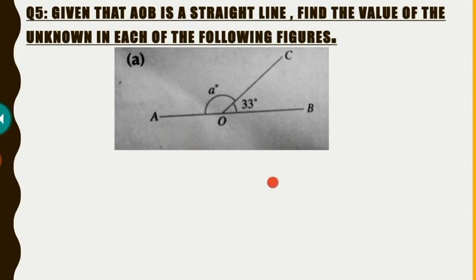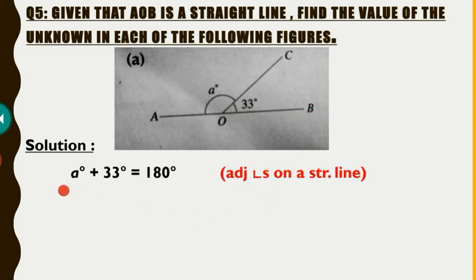so let's start the solution. Simply, as we know that angle A plus angle B is equal to 180 degrees, we can write it like this: a degrees plus 33 degrees is equal to 180, because we know that adjacent angles on a straight line are equal to 180 degrees. Okay, according to our book. So next step,